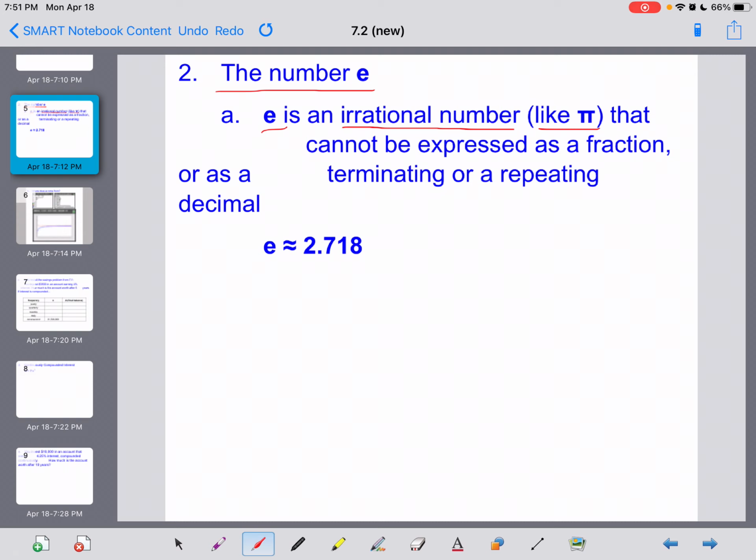And what we've got right here is really about as specific as we're ever going to need to get here, guys. E is approximately equal to 2.718. Now, like pi, this thing goes on forever. There is no limit to the number of decimal places that a computer has been used to calculate the value of E before. And it really comes down to, oh boy, there's a formula for this, that E actually comes